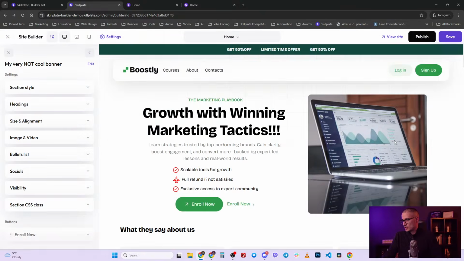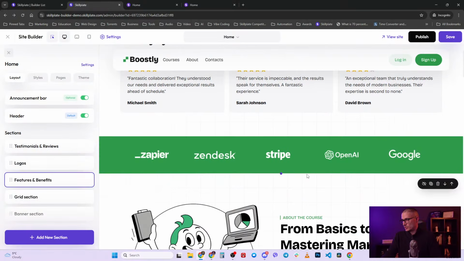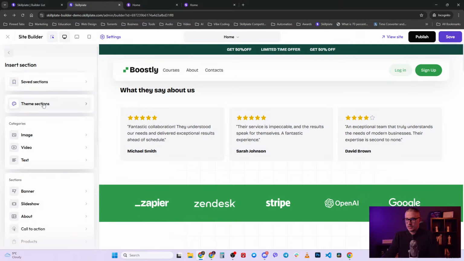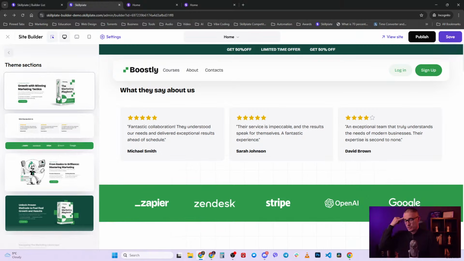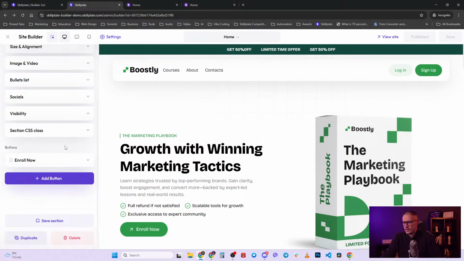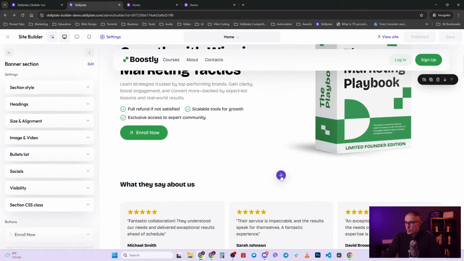remove those so that we can get back to a fresh version, because I published some stuff that didn't look good. I am going to add the theme section with the proper banner here. And I'm going to publish the page to basically take it back to whatever it looked like. Okay, so now I am going to walk you through the different types of sections that